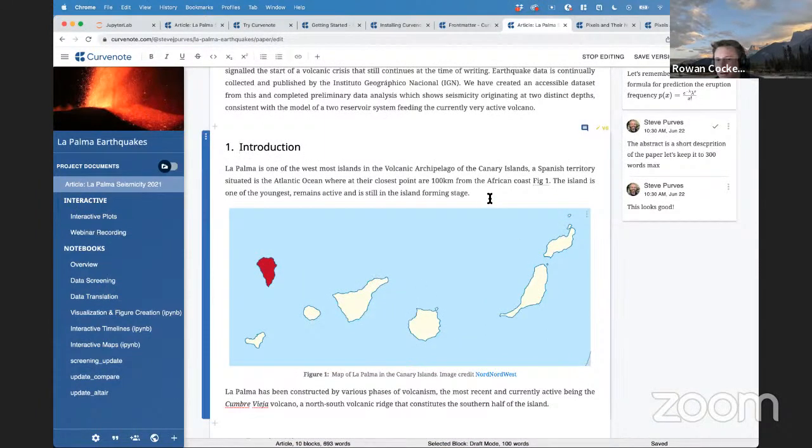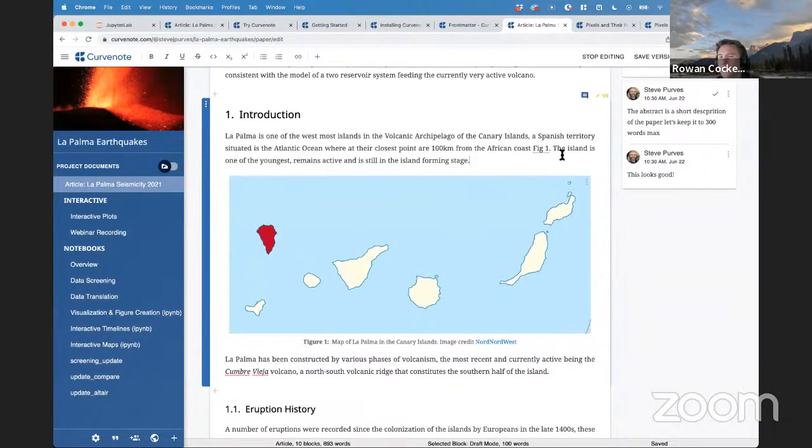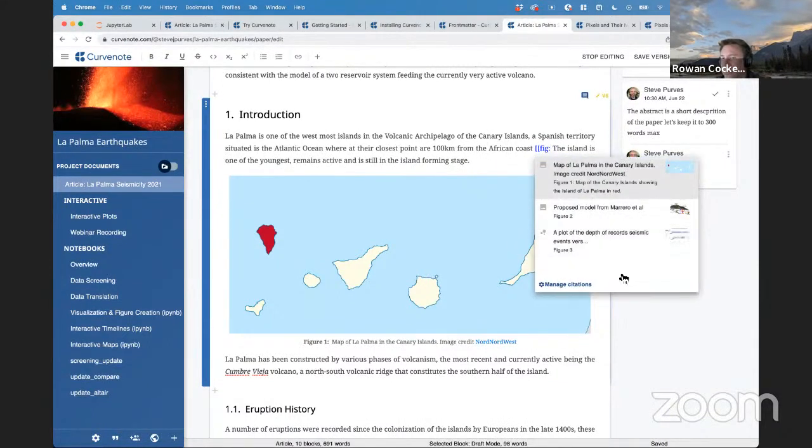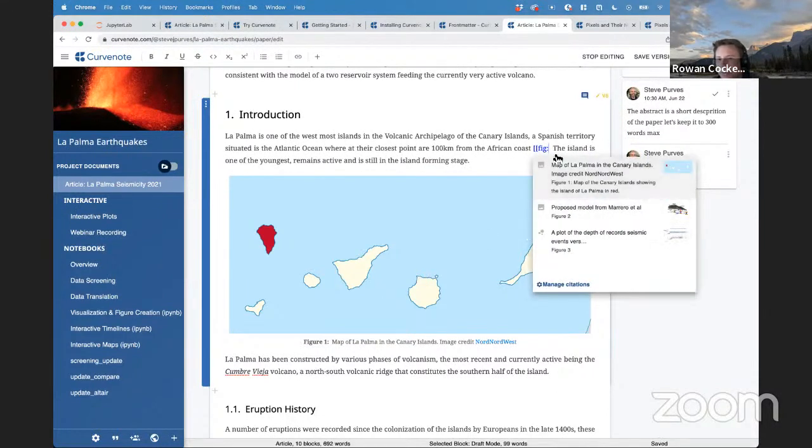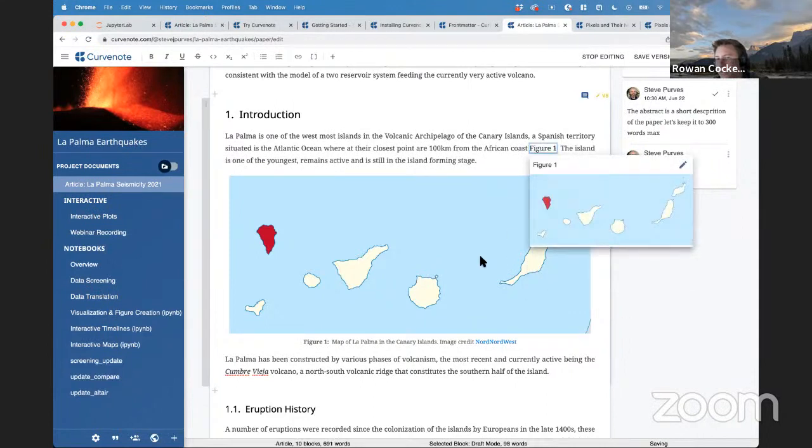I just want to reinforce that the MyST markup that we were using is a little bit difficult to learn for the first time, but it's quite easy to do things like cross-referencing figures over in Curvenote. As you open these commands, or you maybe know just one command, you say figure, link to a figure, and then, sorry, I clicked on the wrong thing. That brings up this figure information, and then I can click that,